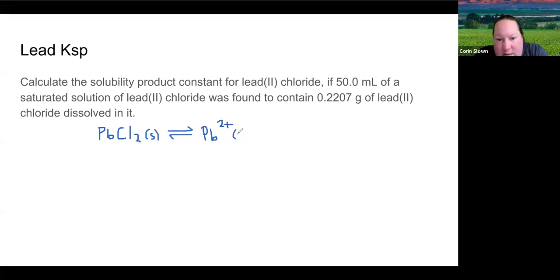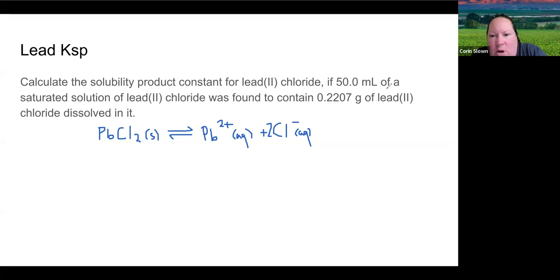That's the aqueous ion. And in this case, our chloride ion, Cl-. And remember, we have a 2 in front. It's also aqueous. Okay, so delightful news for us is that our ice table is going to look the same, but we have